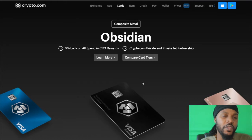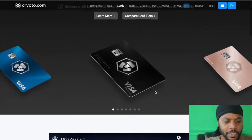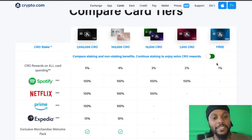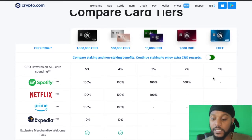So I'll start making some more videos about crypto. Don't want to scare y'all off, but all right, here's some cards here, right? You say compare card tiers. So what I just want to show you all is you actually can get Visa cards. These are Visa debit cards, Visa cards that you can actually use. Matter of fact,